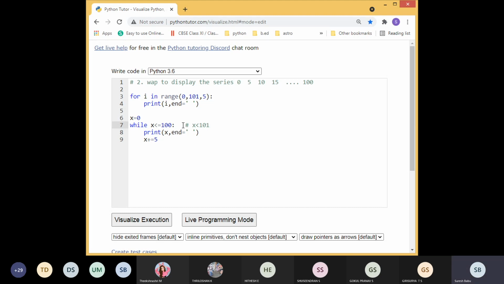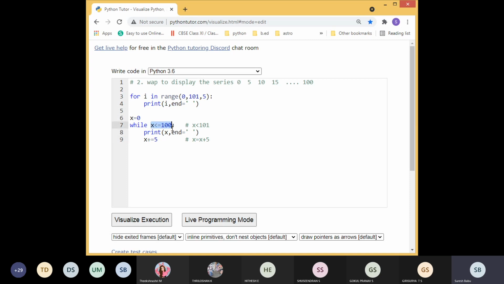Anyway, you will use the same kind of program. In this condition you can change this one, and in the last step you can directly use the incrementing method, x equal to x plus 5. But if you combine everything, it will look like a different program, though everything gives the same solution.